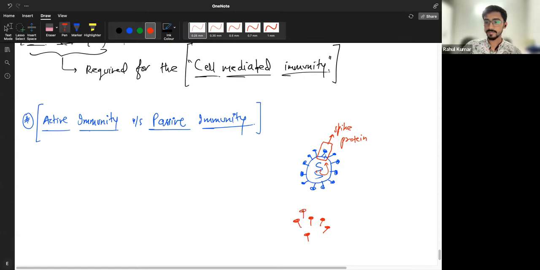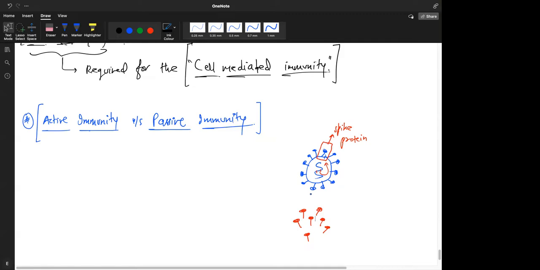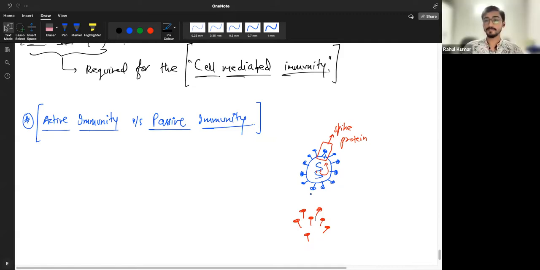Now this is a foreign particle, yes? And it's enough. You have a foreign particle against which you have to make antibodies. So our system, and can these spike proteins harm you in any way? Can they do anything? No, because they are not even dead viruses. They are not even viruses. They are just a part of the virus. It's like to train someone to have a defense against a tiger. You are just showing them the tail of the tiger. Is the tail of the tiger going to kill them? No, sir. So that's the same concept.